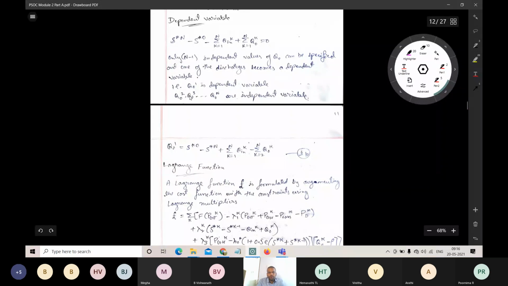So that is the Q naught k dependent variable. What are the different dependent variables here? Only the Q naught 1, the amount of water that is flowing out. That is the only dependent variable here. And if you substitute Q naught 2, 3, 4, that is k value 1. So for the k value 1 is the only dependent variable. Other than 1 are the independent variables. Why is only k equal to 1 the dependent variable?